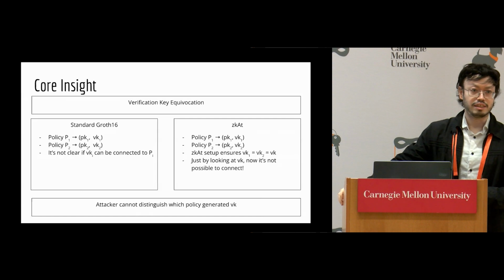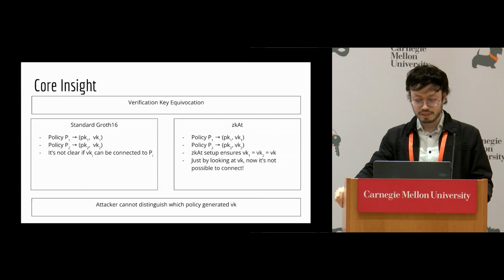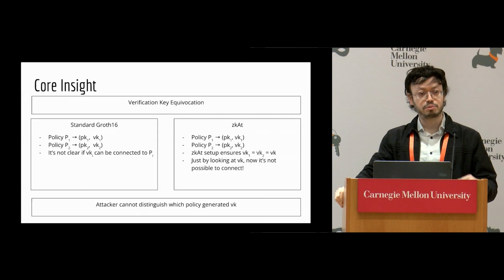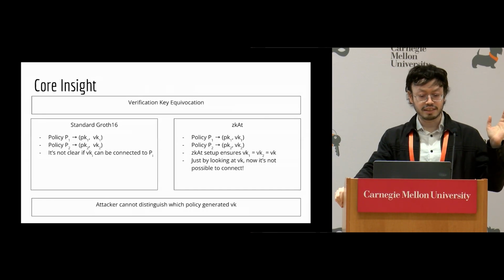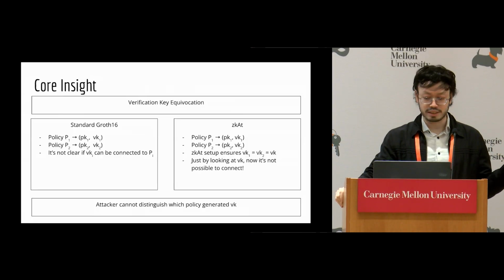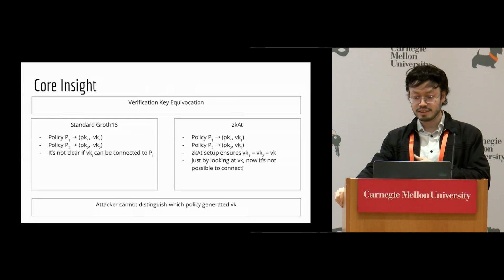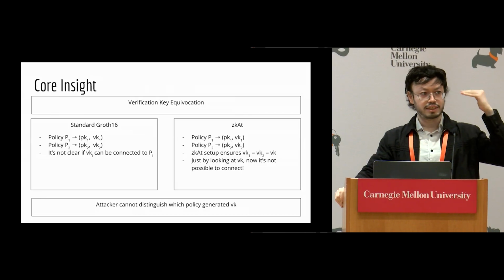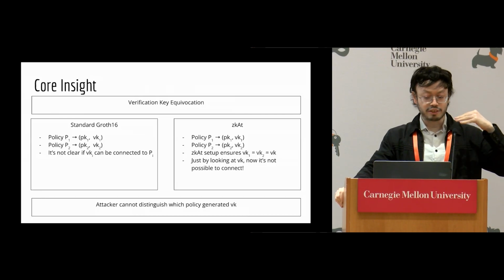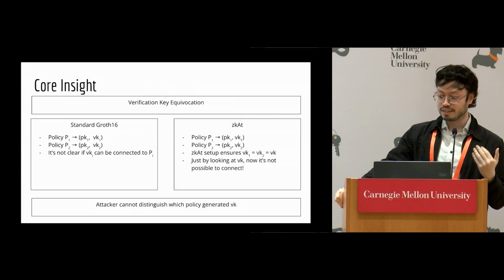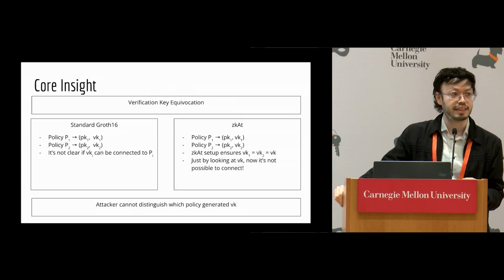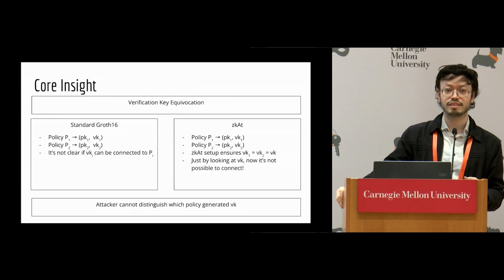So imagine standard Groth16, which is a popular zk SNARK proof system. How it proceeds is that it takes a policy as a circuit and generates a proving key and a verification key, okay? And for Groth16, there is no proof that this VK does not reveal anything about the policy. What we do for zkAt is we do the standard thing of generating PKs and VKs, but our setup is different, okay? So we prove that, in fact, we can generate the same VK from two different circuits, which means